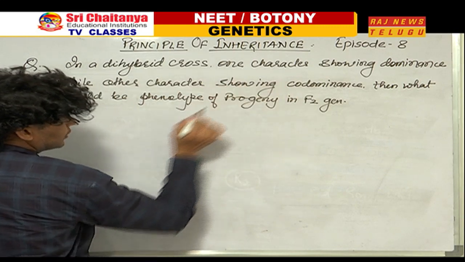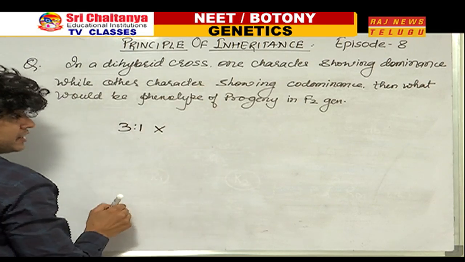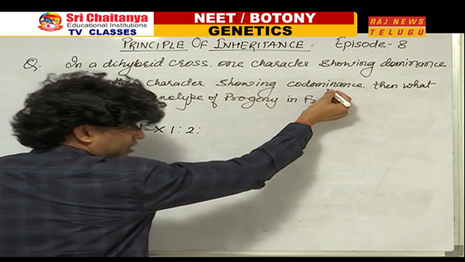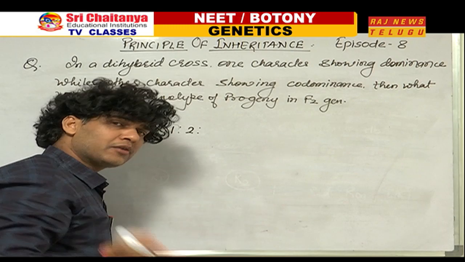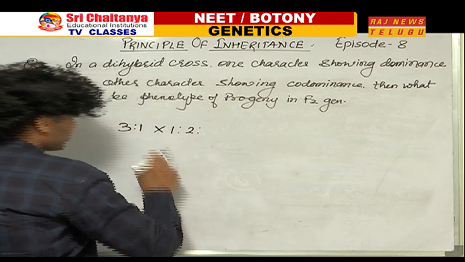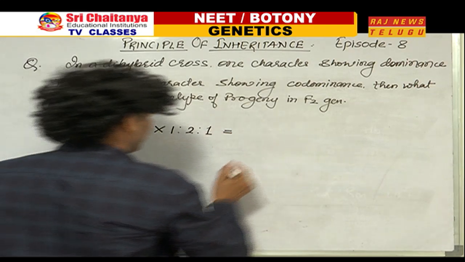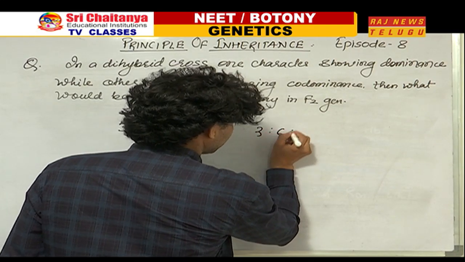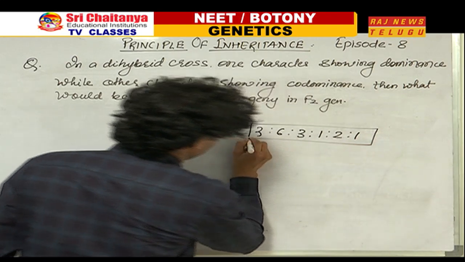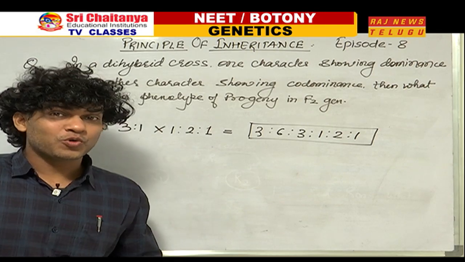One character showing dominance means phenotypic ratio 3:1, and second character showing codominance, or if the word codominance is replaced with incomplete dominance also, then the answer would be the same, because the phenotypic ratio of both codominance and incomplete dominance was same, 1:2:1. So the product of these two crosses would be what? 3:6:3:1:2:1. It would be the phenotypic ratio of the F2 progeny rather than 9:3:3:1 that you observed during the Mendelian